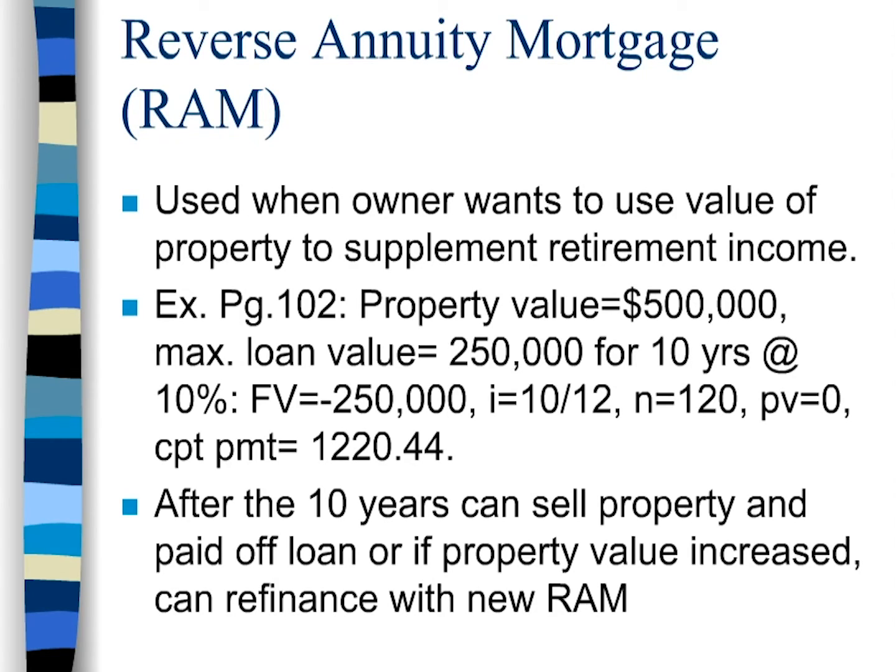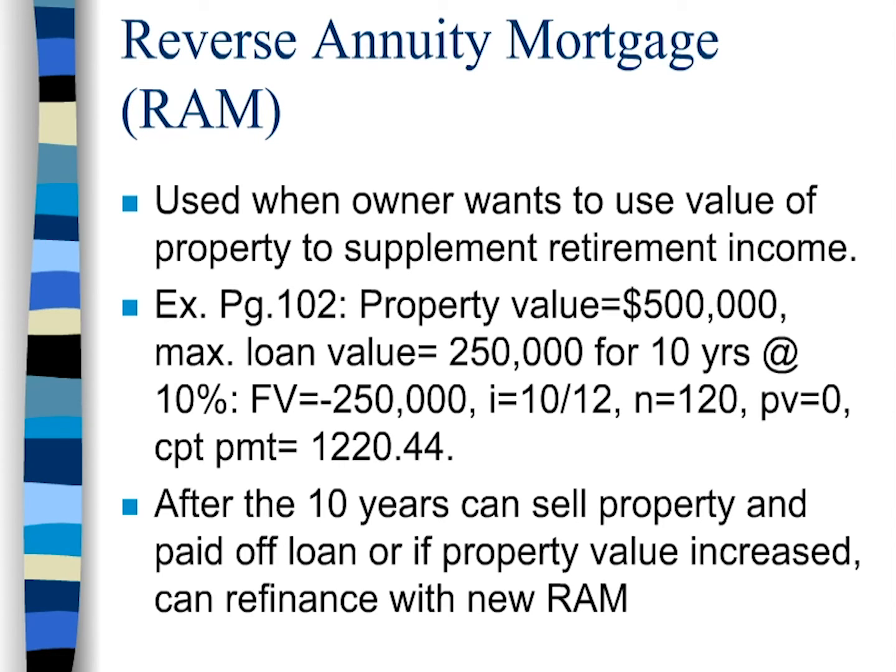The last one I want to look at quickly is the reverse mortgage, or the RAM. This has been talked about a lot and is being used for people in retirement. So say you've paid off your house and your property value is $500,000, and usually they'll loan you about 50%. So in this case, half of that would be $250,000. And you might decide, well, I'd like to get that paid to me monthly for the next 10 years. Let's say the going rate is 10%. So you'd have the future value of the loan, because that's what the loan will then be after the 10 years,